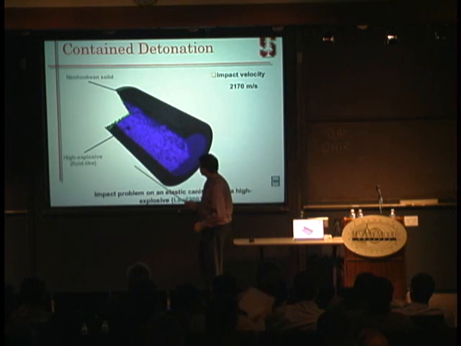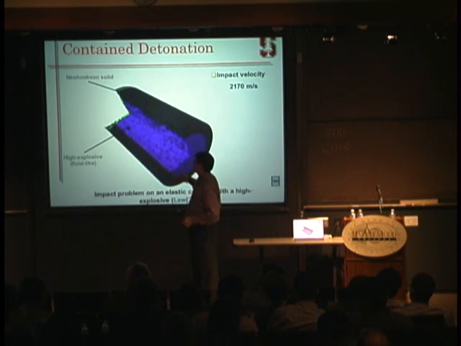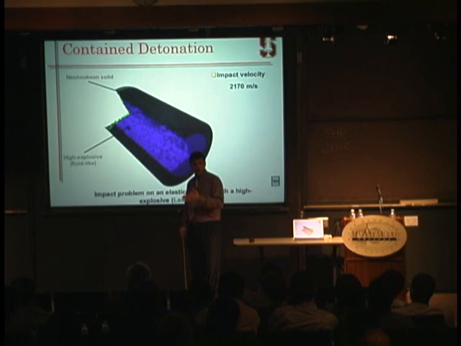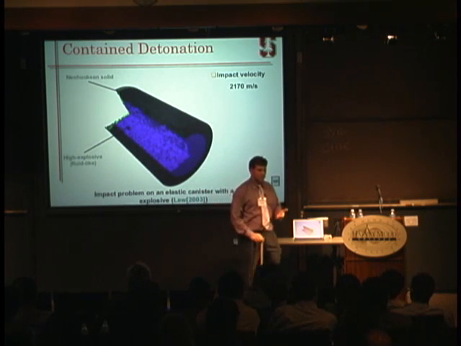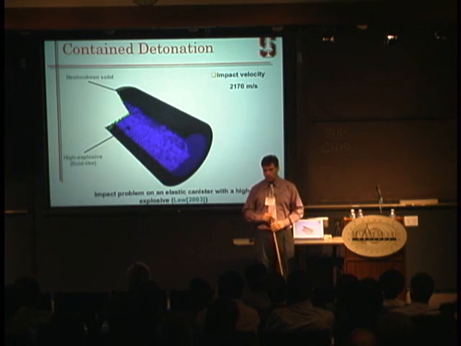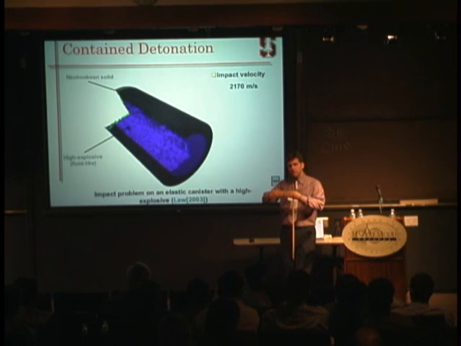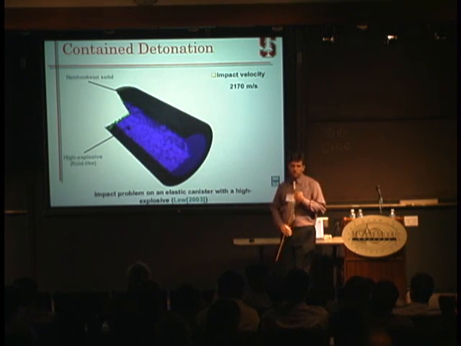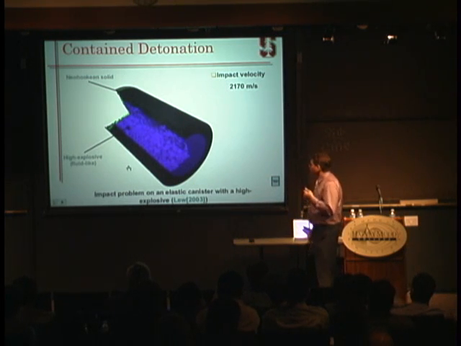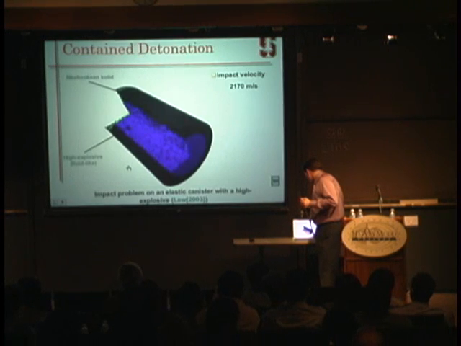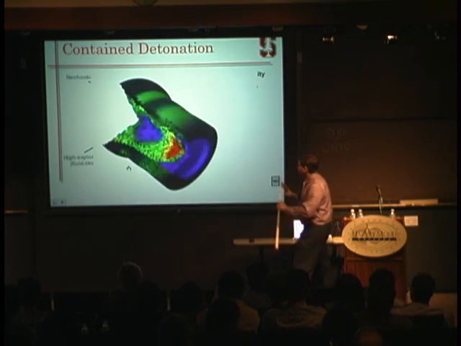The problem we chose was a canister, a metallic canister, or let's say a polymer canister, because it's really soft, with a high explosive inside. And we hit it really hard from this side. The high explosive will start detonating, a shock wave will advance inside the canister, and it will deform the canister a lot. Just at the place where the detonation is occurring, you have a chemical reaction. You would like to take much smaller time steps, maybe 1,000 times smaller. So we do that, and we adaptively change the time step to always take a very small time step on the detonation front. This is the movie, which is kind of nice to see. These are pressure contours. Red is very high pressure, and you see the two waves, one wave inside the